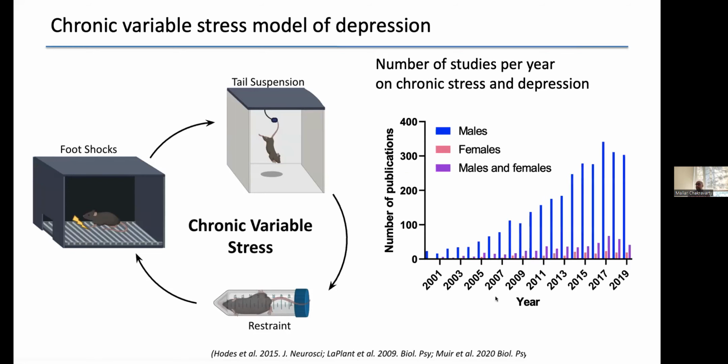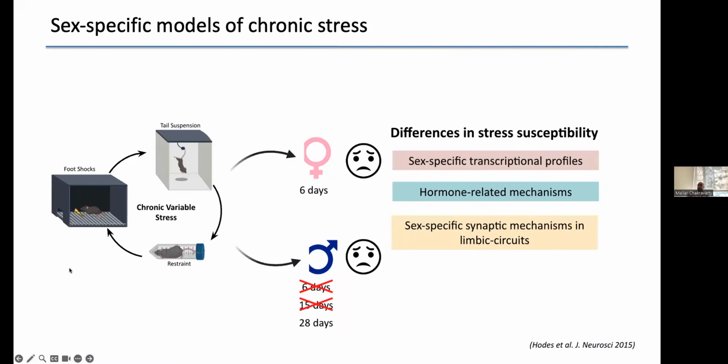What's really interesting, despite the differences in stress response in males and females, and despite the differences in the symptomatology and prevalence, what you see over and over again is most labs use male mice for this specific exposure, and there are very few labs that have investigated females or males and females together. Now, there's a number of reasons for this, not only the well-known bias towards using males in rodent research, but also different levels of exposure to these stressors give different outcomes in the animals.